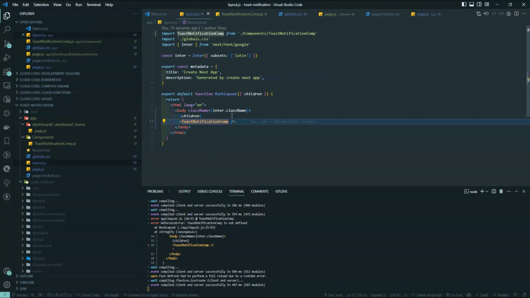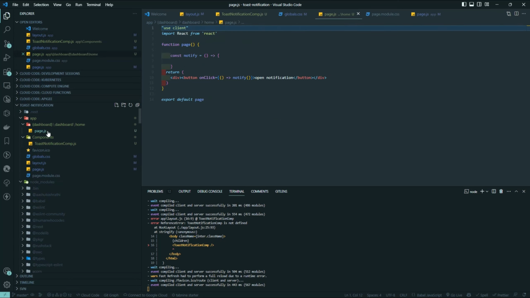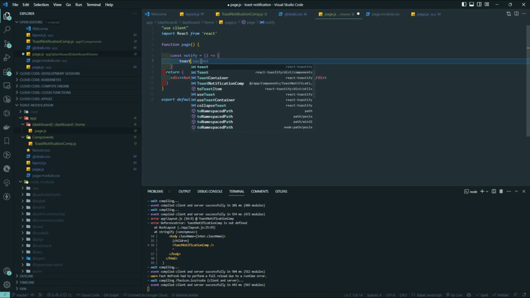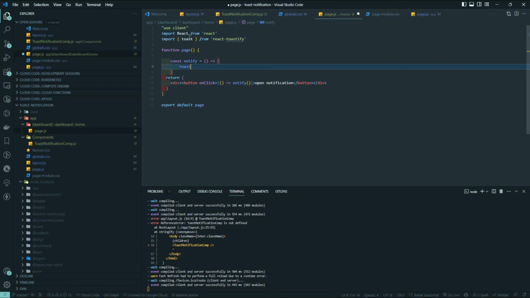So now that we have initialized our toast notification, it is going to be available anywhere in our application because we imported it in the root layout here. So we're going to go into our dashboard home page, and here is where we want to call the notification and show a notification. So I'm going to say toast. I'm going to import toast. So here what you just need to do is import toast